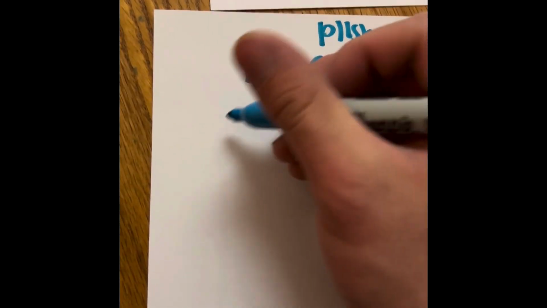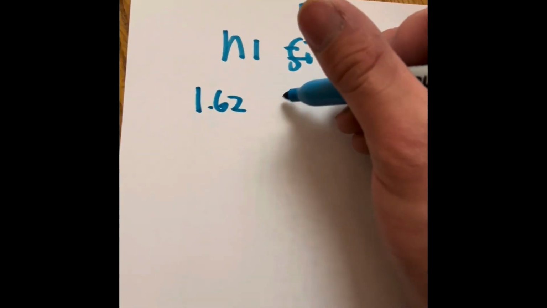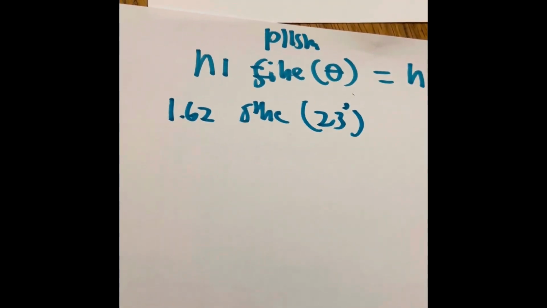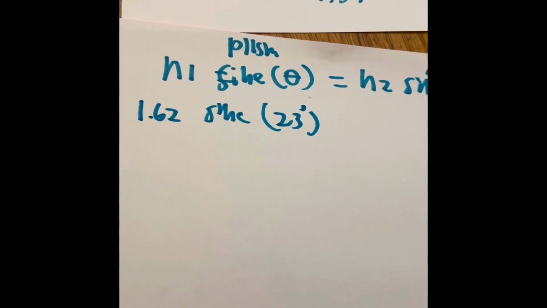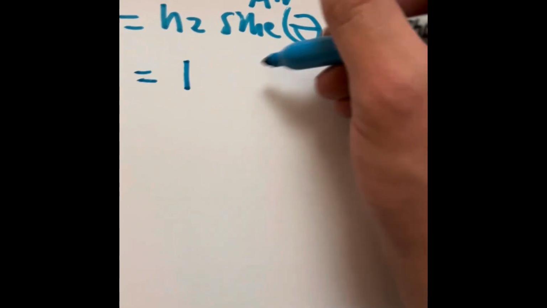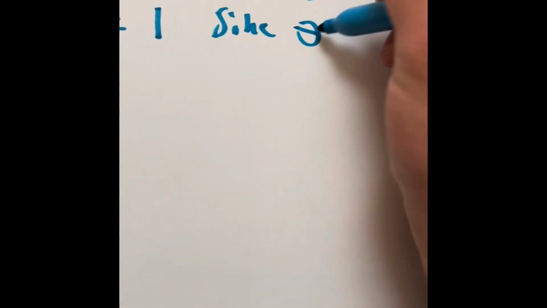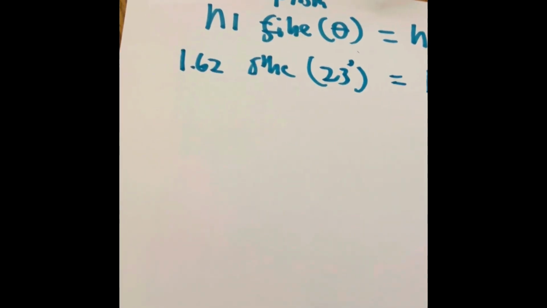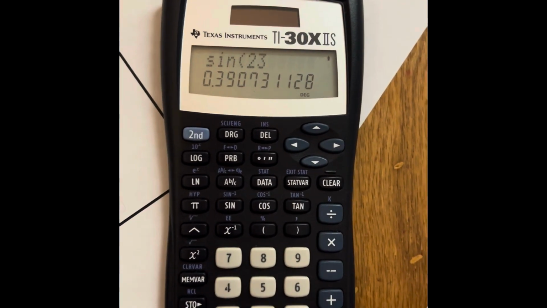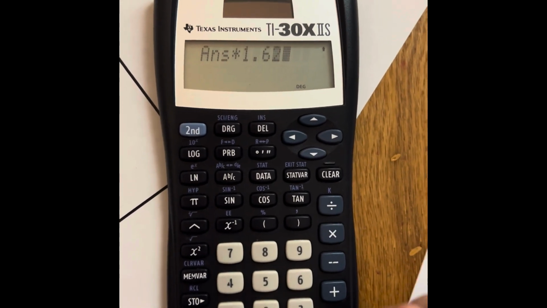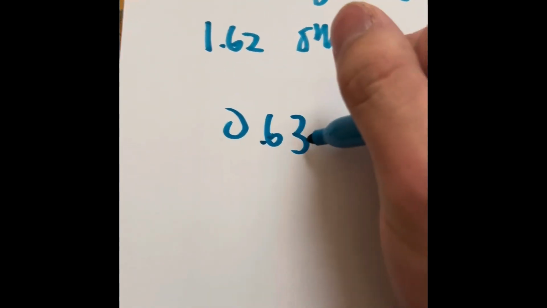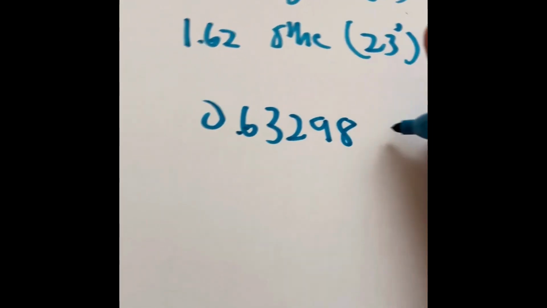The N1 is going to be 1.62. The sine is going to be 23 degrees, because that's what we calculated from that normal of 90 degrees. 90 minus 67 is 23. And that's going to be equal to, air is just 1, the sine of theta. So, the sine of 23, then we have to multiply that by 1.62, 0.6328 equals